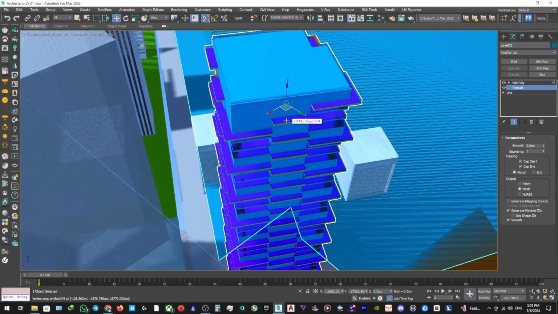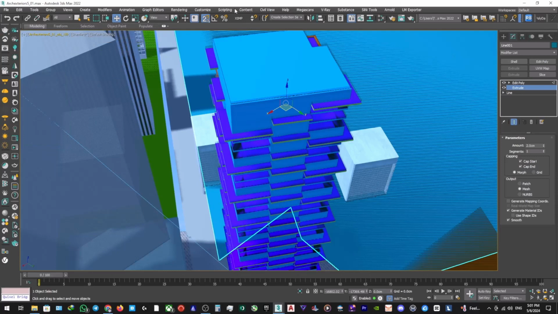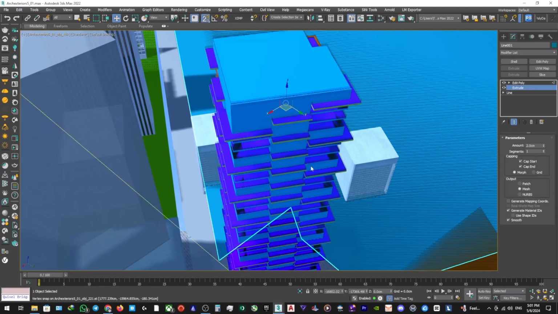Now we can archive or save as, but before that we need to import a material and get the material from the file. I don't know how you do it. Sometimes like